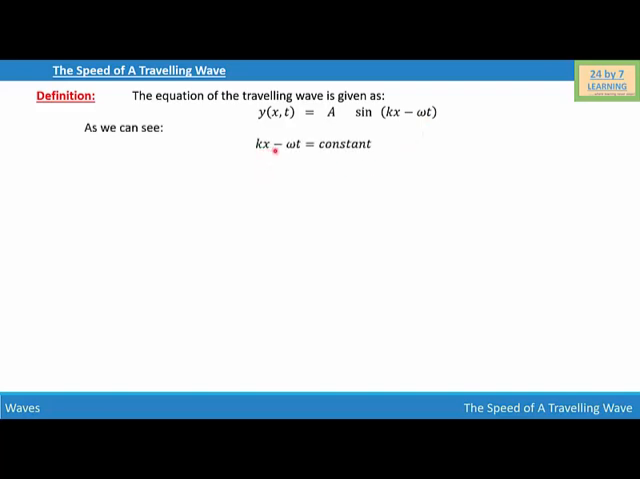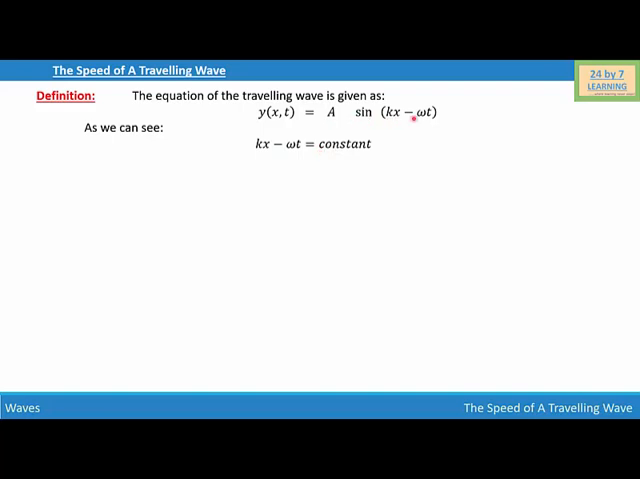The speed of a traveling wave. The equation of the traveling wave is given as y(x, t) = A sin(kx − ωt). As you can see, kx − ωt is constant because this is basically the angle. So we can write kx − ωt is equal to constant because the angle is constant,